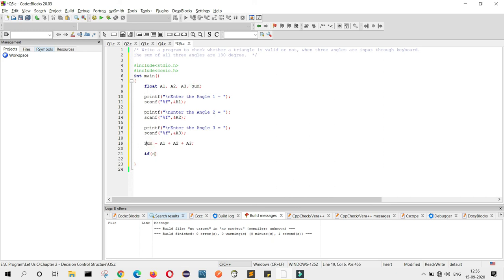If sum equals 180, printf this is a valid triangle.